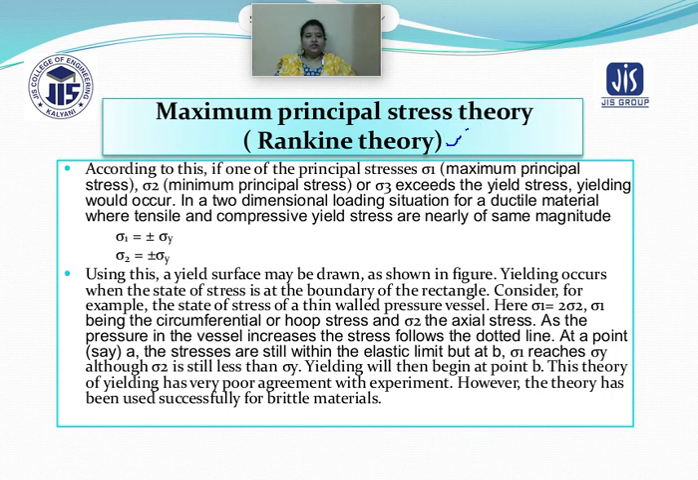And according to this, if you consider any one of the principal stresses, denoted by sigma 1, which is your maximum principal stress, and there is another, sigma 2, that has been considered as the minimum principal stress, or sigma 3, which has been considered to exceed the yield stress, then I must say that yielding would obviously occur. So, in a two-dimensional loading situation for a ductile material, where the tensile and compressive yield stresses are nearly the same in magnitude,